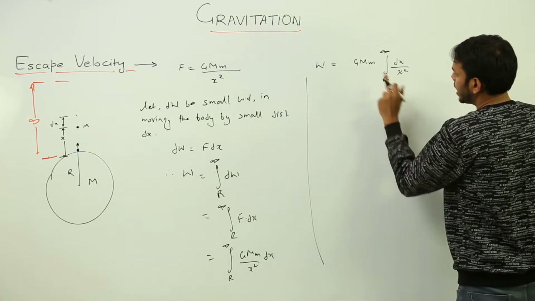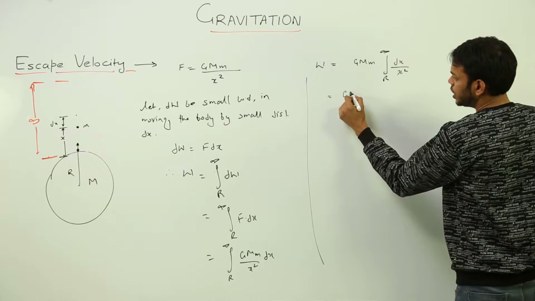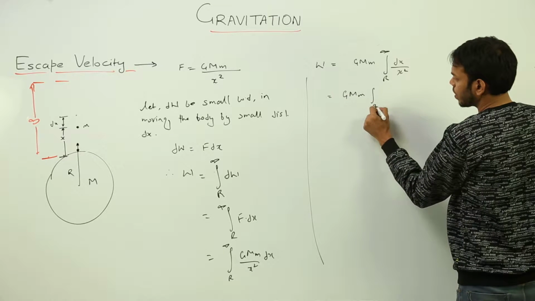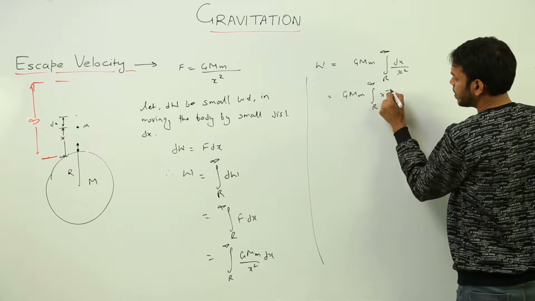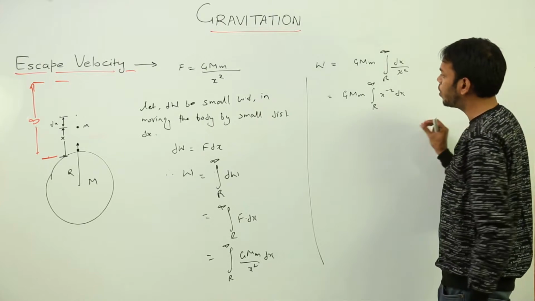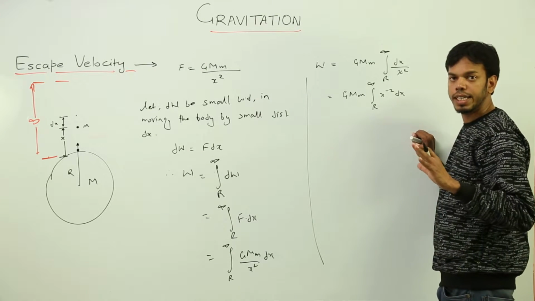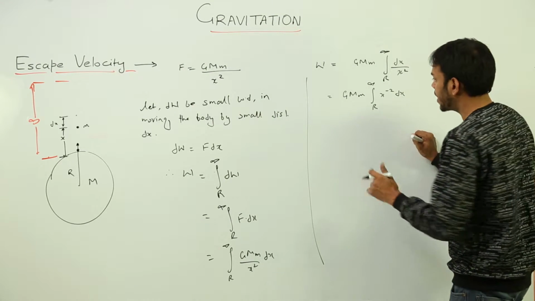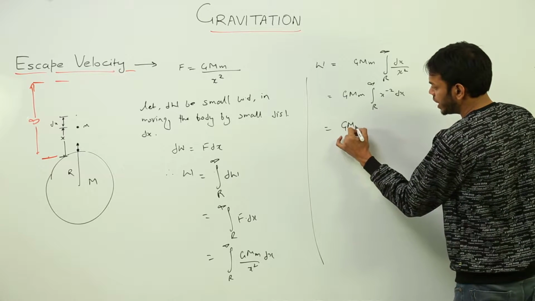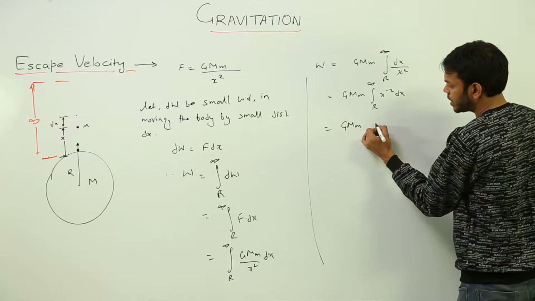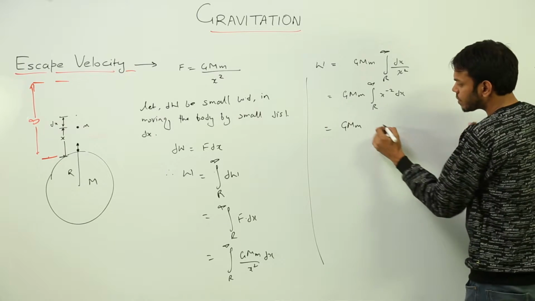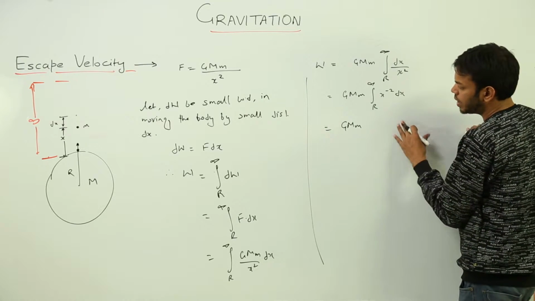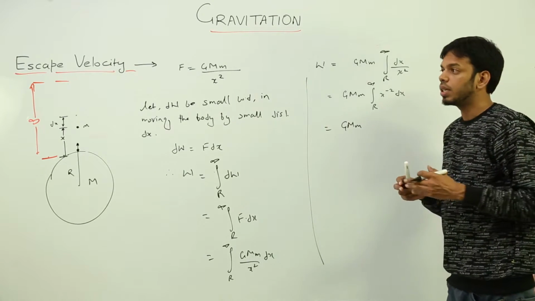So this can be written as GMm integral from r to infinity of x raised to power minus 2 dx, and if I use that formula, what? X raised to power n integration is n times x raised to power n minus 1. So I'll be left with GMm, n times x raised to power minus